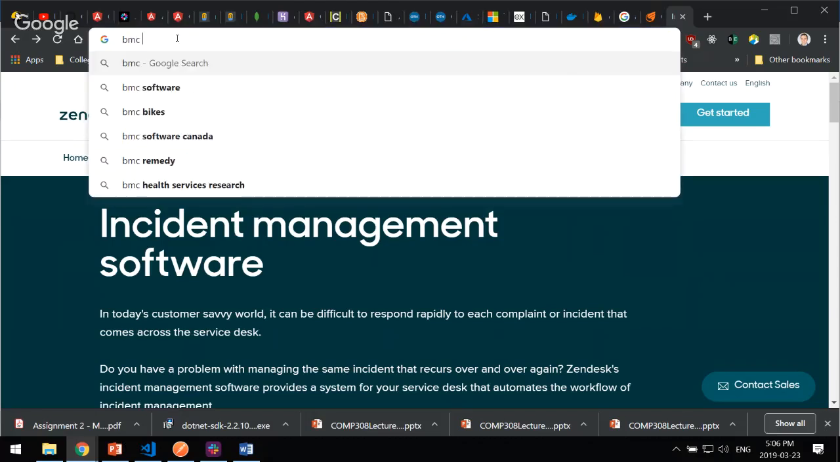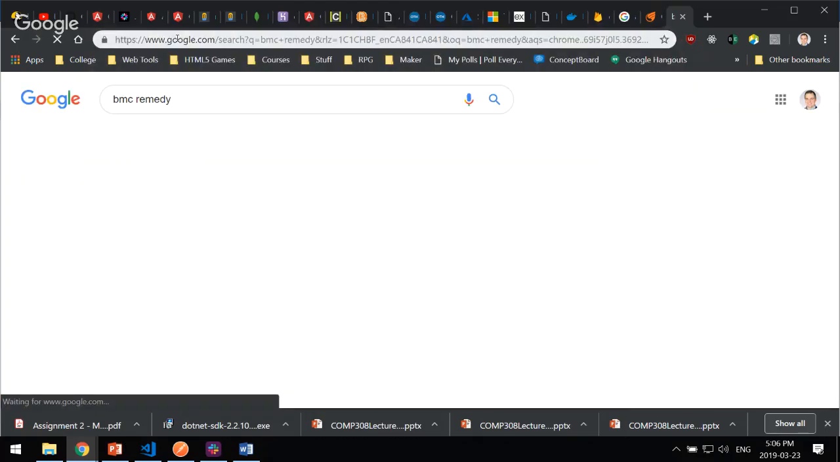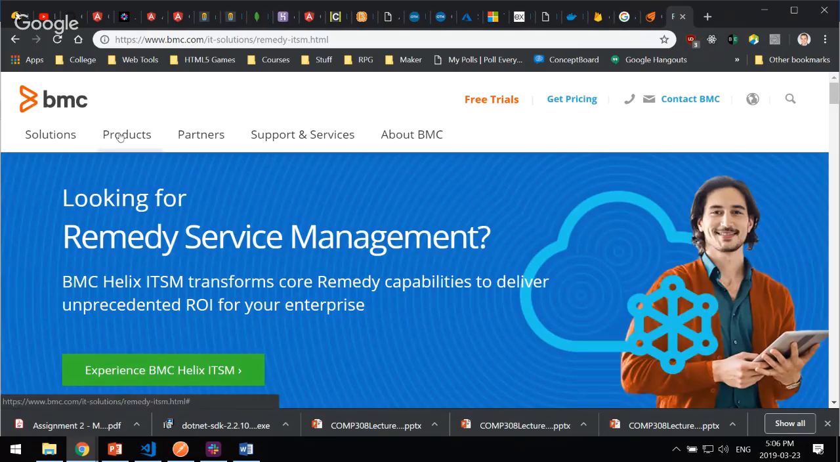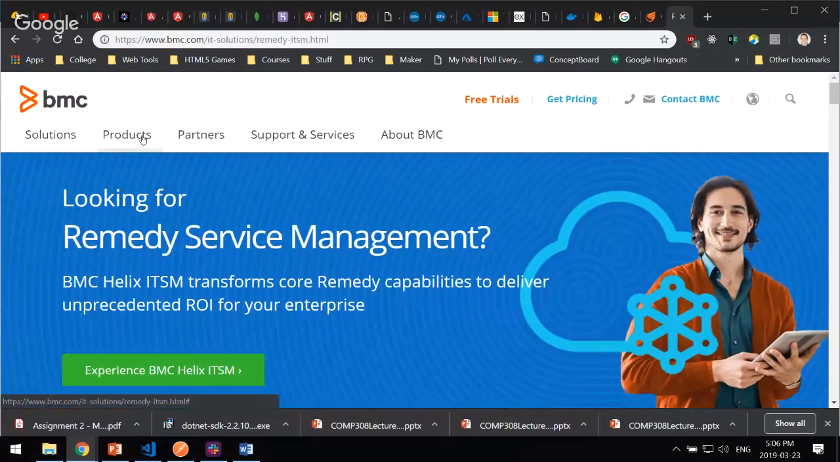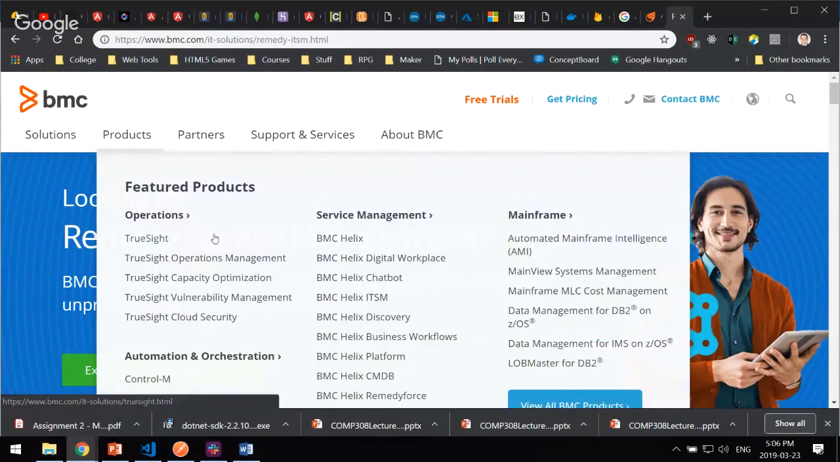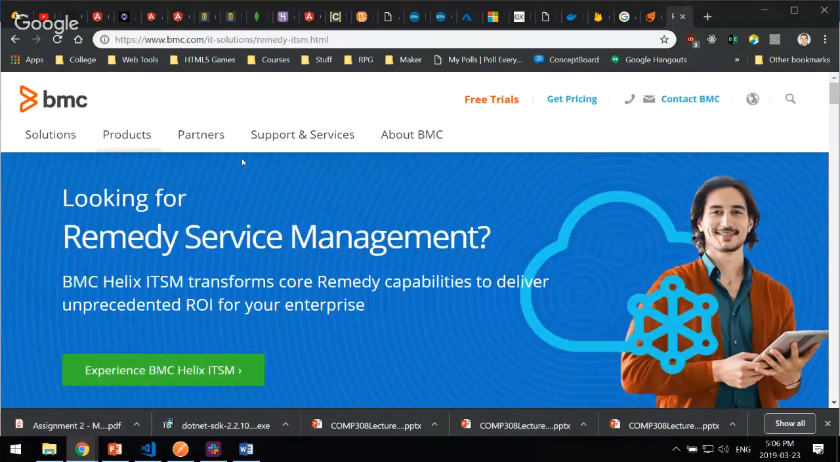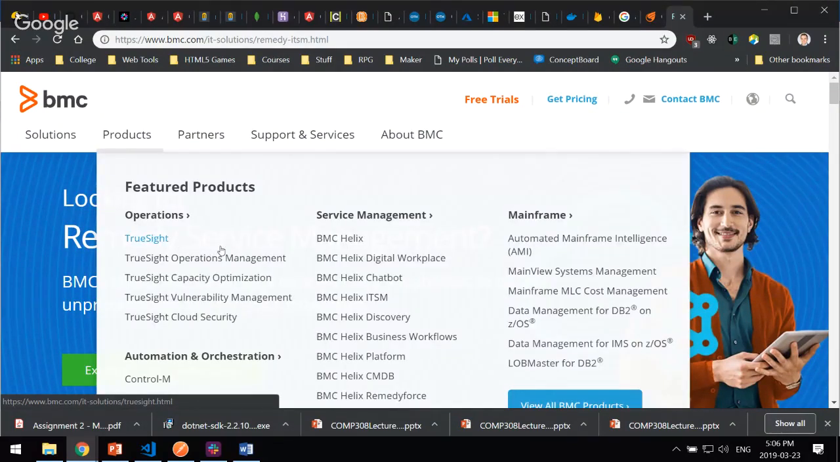BMC Remedy had an old style system that used to take care of incident management. Let's see if they have something like that now. I just want to get some pictures and images of what it looks like without this turning off whenever I scroll. You can already tell this is bad. So mainframe, digital workplace. It's more like